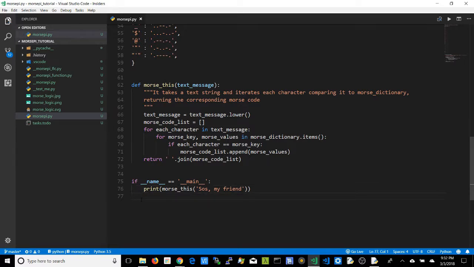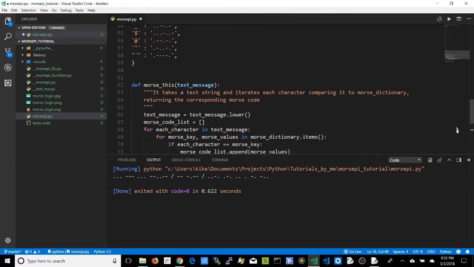So all it does, before it runs the code, is determine if the script is running as a main program or as a module. If it's running as a main program, then it gives it the main attribute. If not, it'll give the name of the document. So for instance, here, if we run it,